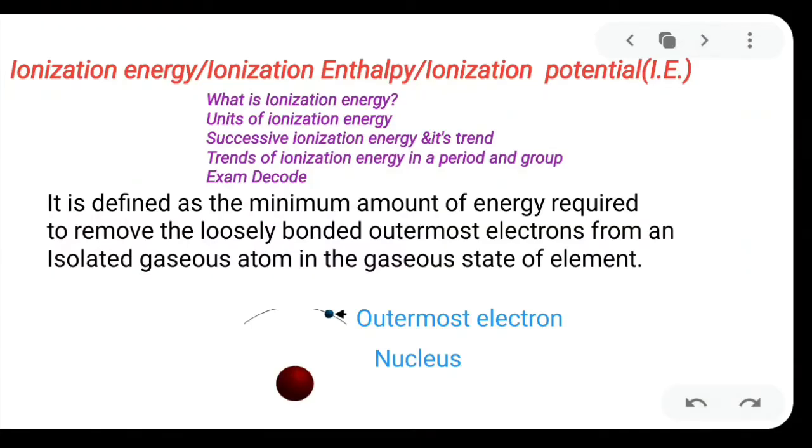Today we will discuss one important topic, that is ionization energy, ionization enthalpy or ionization potential. What we will discuss in this topic? We will discuss what is ionization energy, units of ionization energy, successive ionization energy and its strength, trends of ionization energy in a period and group, and lastly we will discuss few questions in our exam